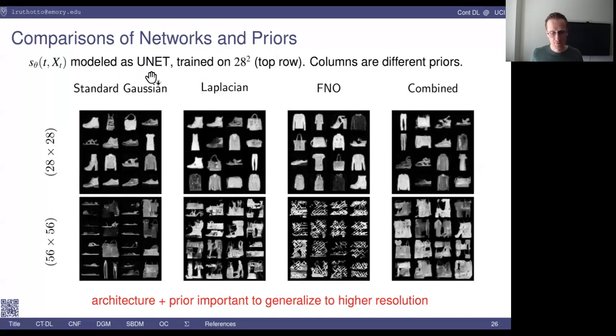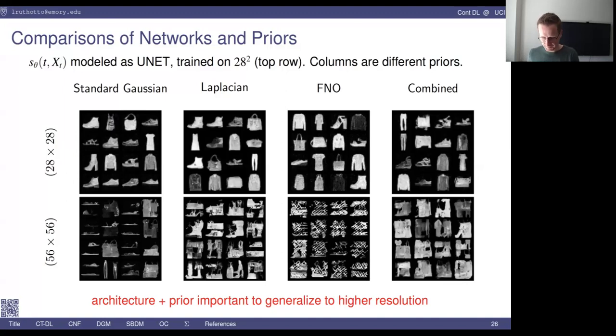And here we had different noise models. So these ones here are all sort of well-posed priors that we're using, but we haven't touched the architecture. So we've used the standard UNet architecture that, in some sense, you can think about as an operator architecture, but it's not set up in a continuous way. So when you change the resolution, you can still get score estimates, but there's nothing in the network that is